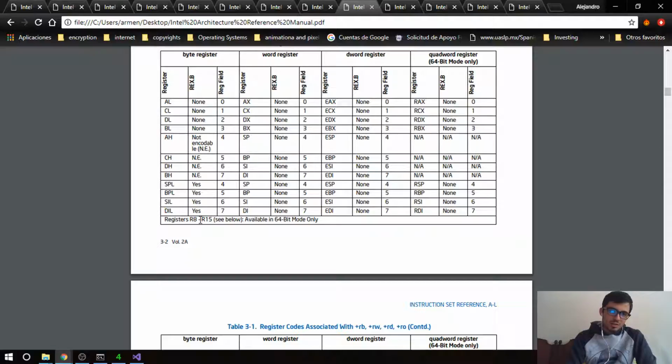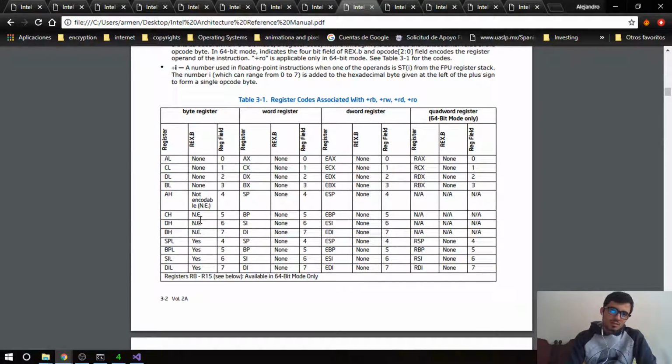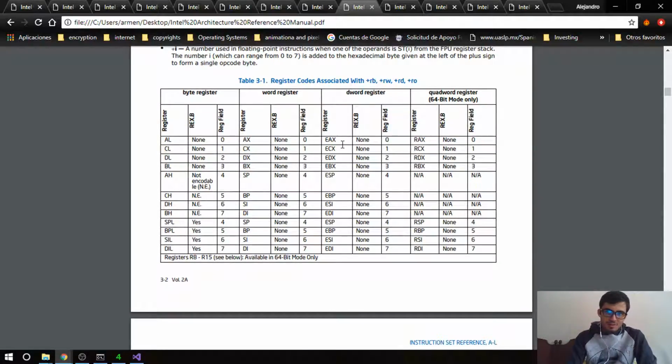Oh, okay, so this is the encoding of the reg field, the reg field that is inside there. Okay, so it's pretty much like 0, 1, 2, 3, 4, 5, 6,